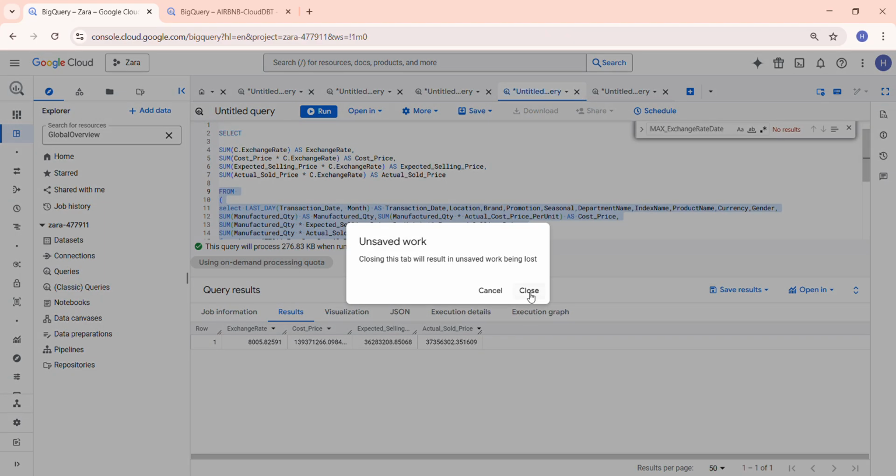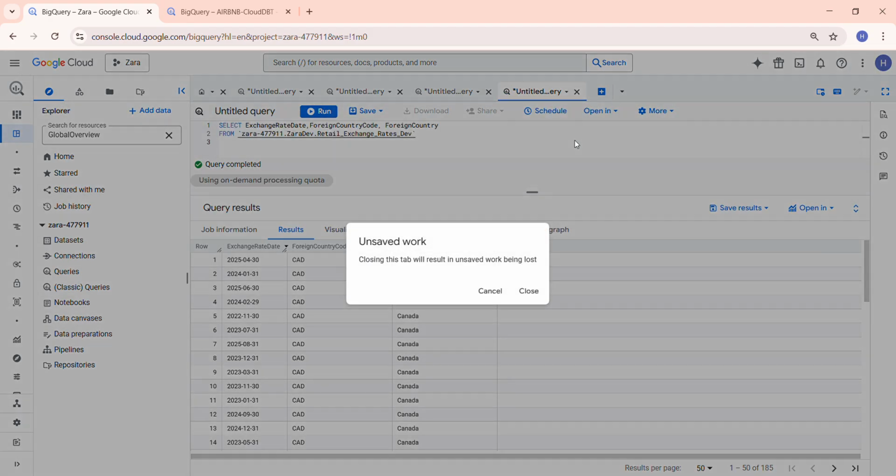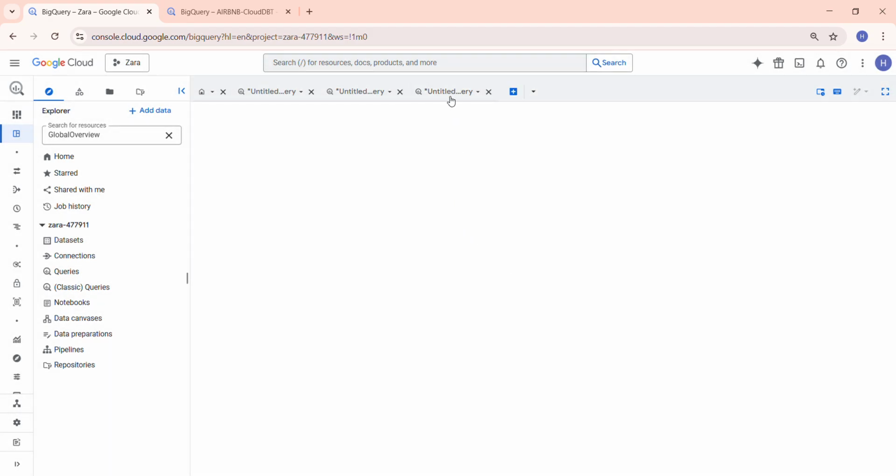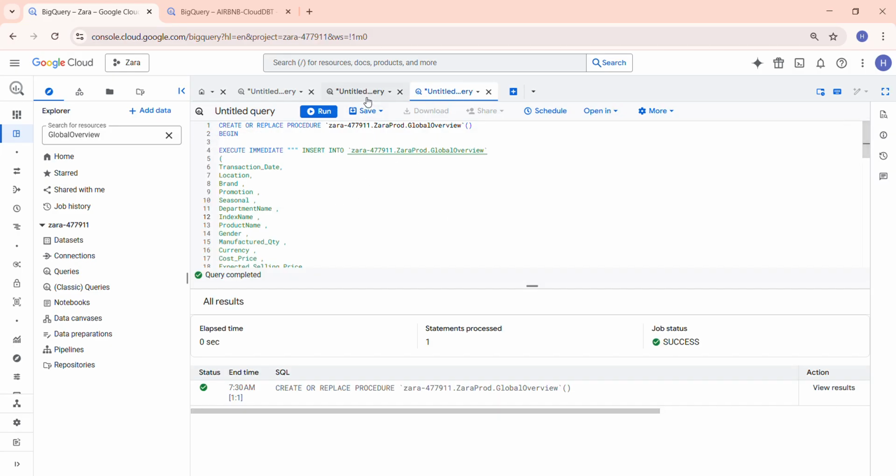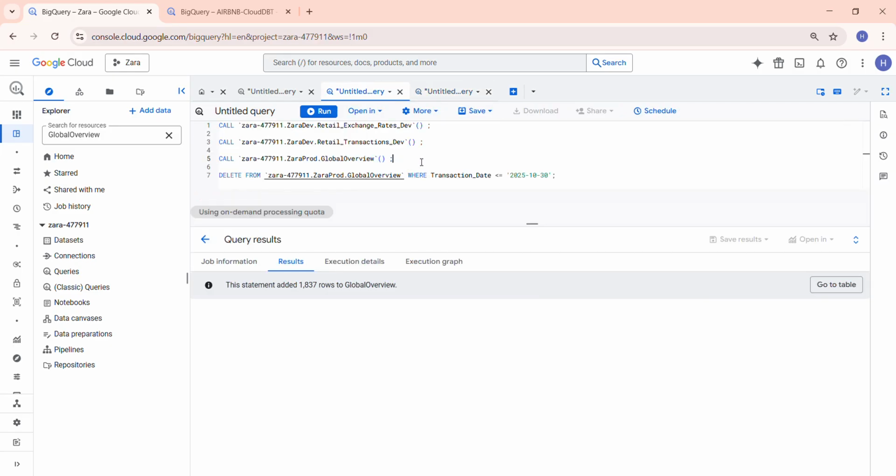Okay, done. So this is it for this video. Here we are using three stored procedures, right? And we are manually running them. So in the next session we are going to see how we can automate the job execution one by one using cloud dbt, so there will be no manual intervention. Let's assume all three stored procedures have to run on the first day of every month,